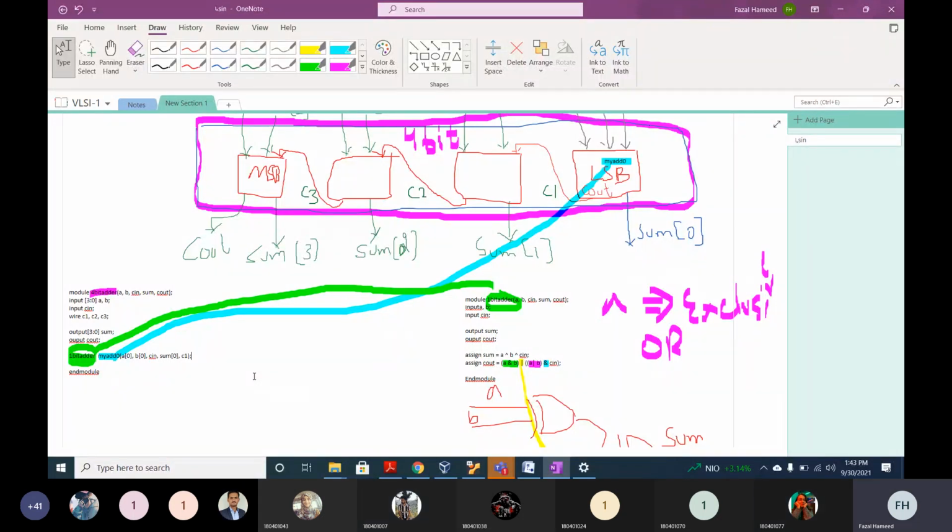Okay, so now we are using a 1-bit adder module, and has given a name my add zero. So my add zero is highlighted in blue color, light blue color, and the 1-bit adder is highlighted in the